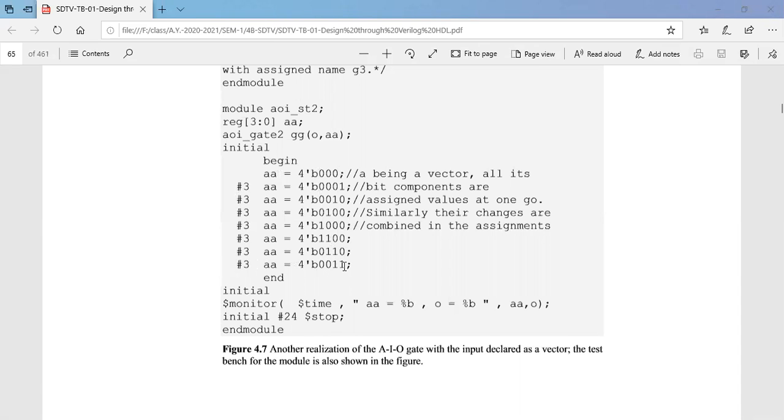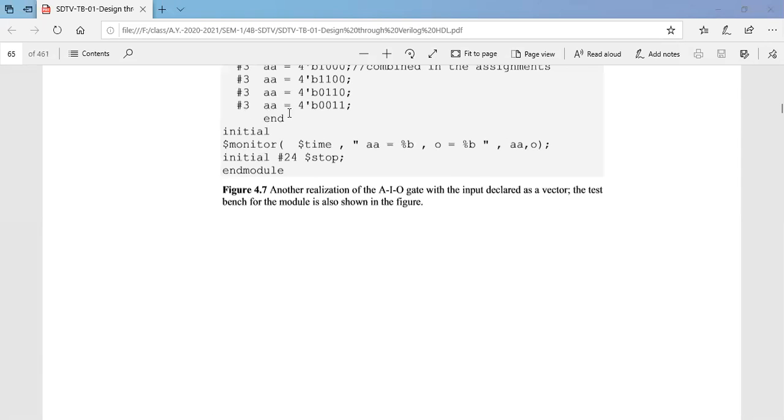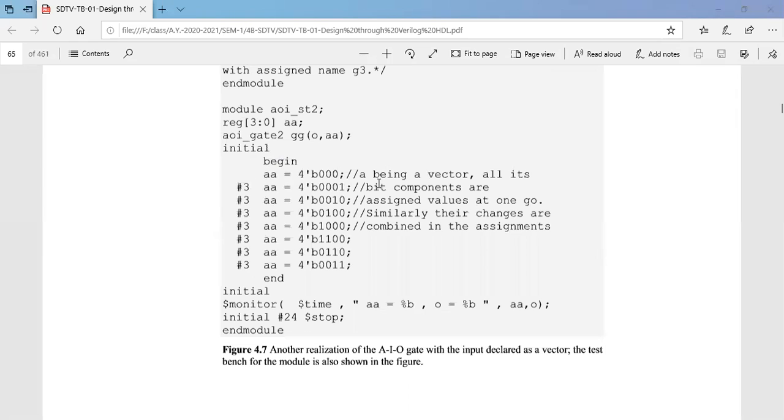Generally, since it's binary, it will take 0, 1, and x and z also, but here we are using only 1 and 0. We can write some more steps here if we require. Now here we are ending. This part is only to define your waveform: at what point of time, what input you are willing to give to see the output. The output has to be printed somewhere.